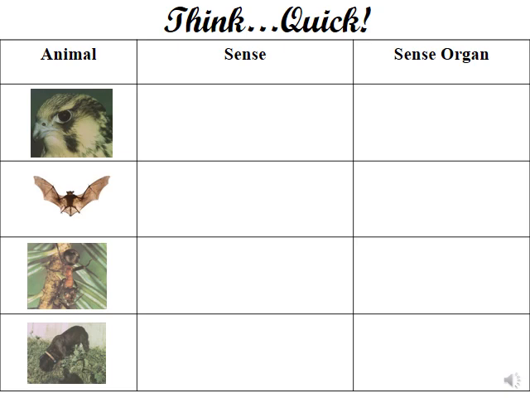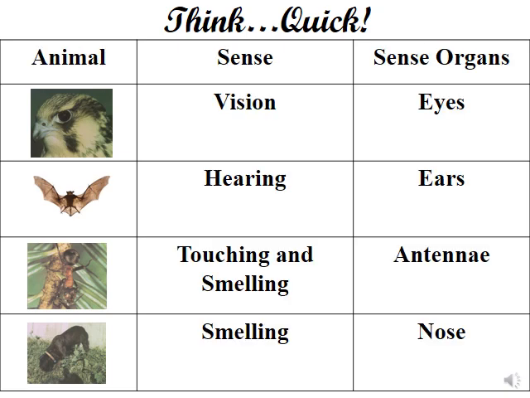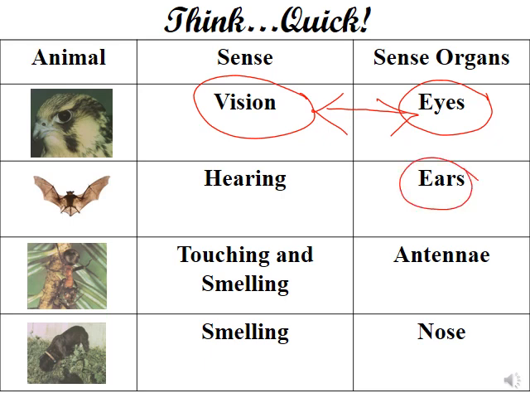So a sense organ is called the eye, while the sense for the eye is called vision. So here we have the eyes, they are the sense organs, while the sense we call vision. The bat emits ultrasounds, as we said before, which are reflected, and the echo is received by the ears and will detect it. So the sense organs are the ears, while the sense is called hearing.